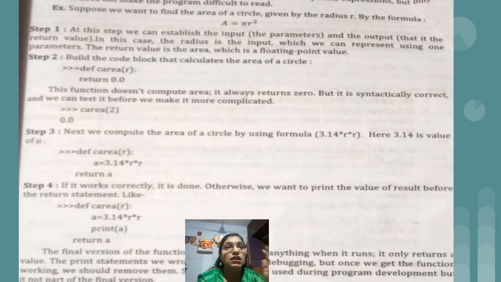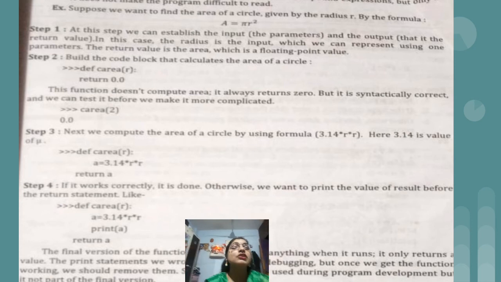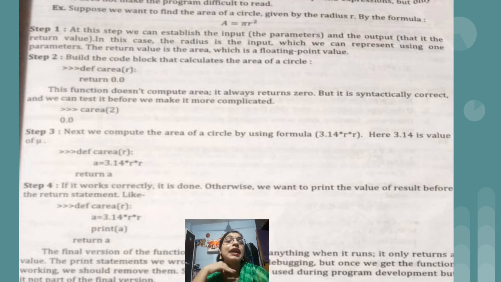Okay, so this is your actual program. Now if you pass the values to this function, then definitely you are going to get the expected result only. So this is your third step. And now we have the fourth step, that is, we will check whether our function is working properly or not. If there are errors, we can easily find them. Okay, so that we have written, we have just added in step number 4.